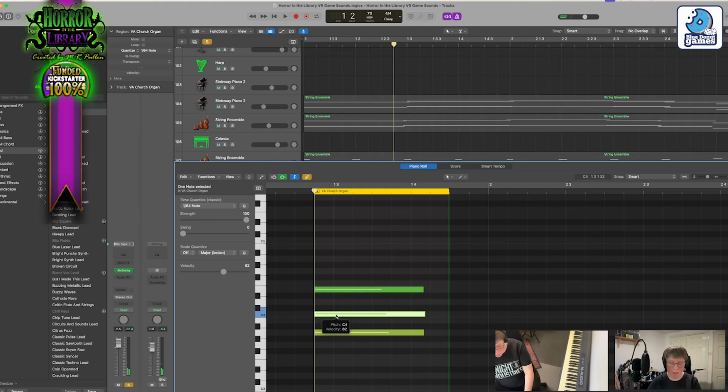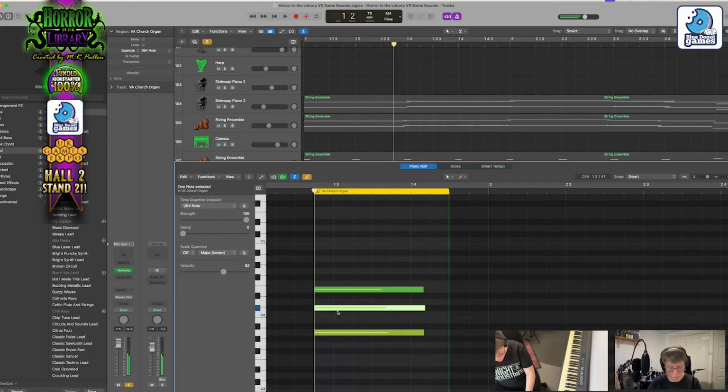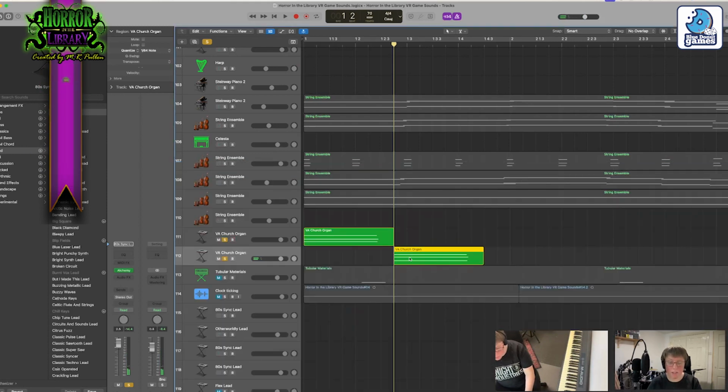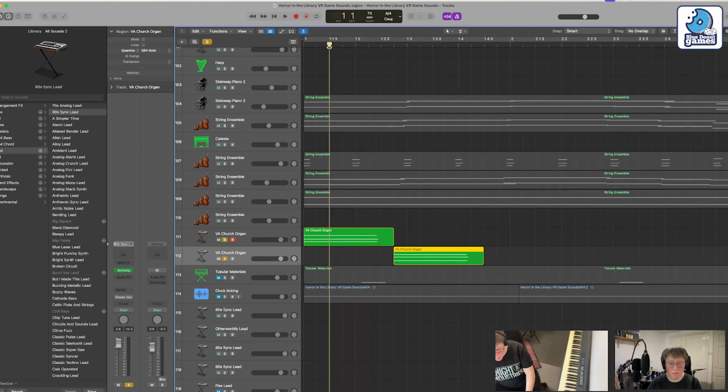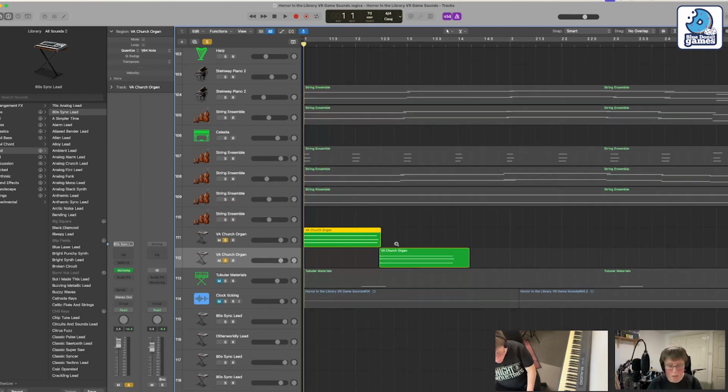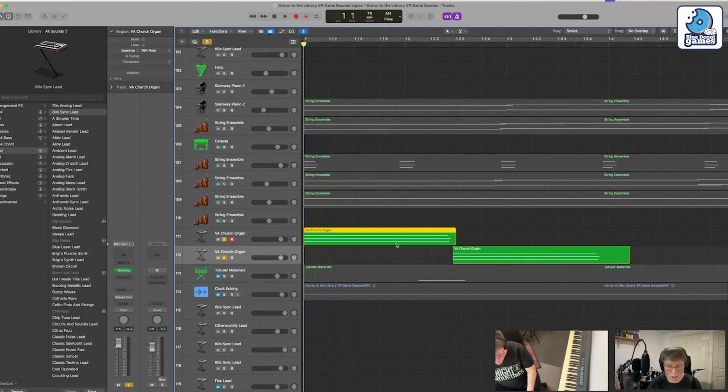Select this note here, then get out of the editor, and make sure this is lined up, because it will be out of time. So let's just drag that in, move this in,